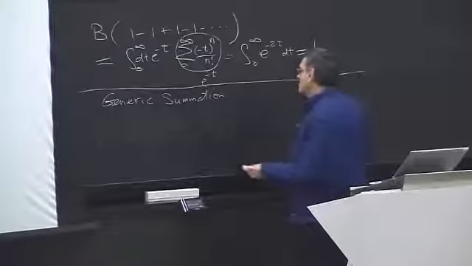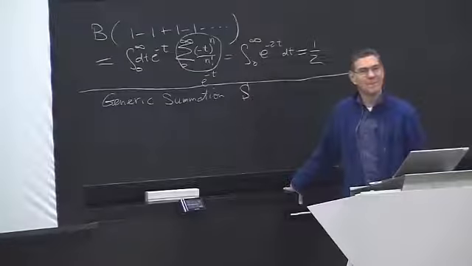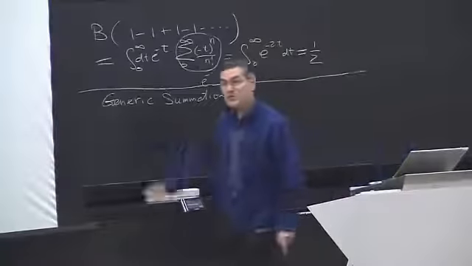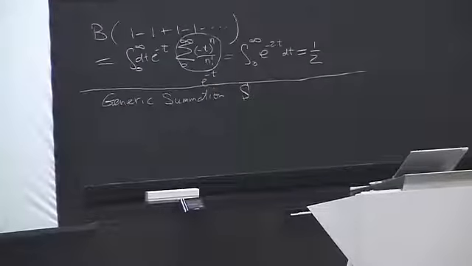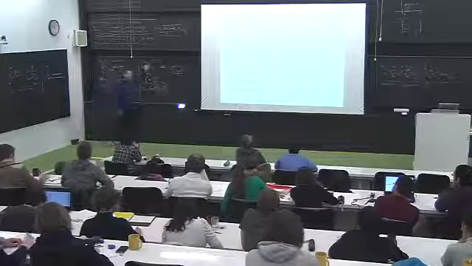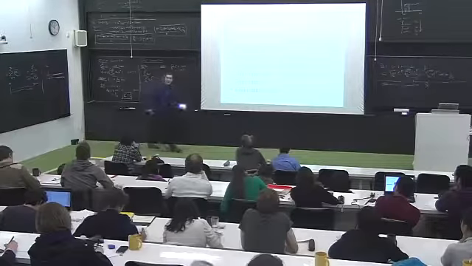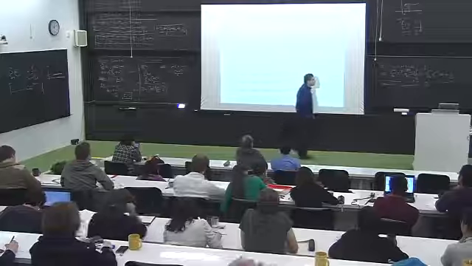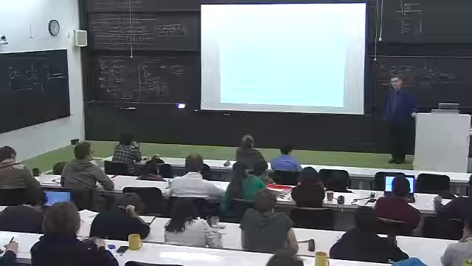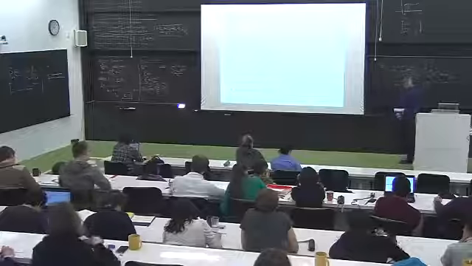And I'm going to give it a name. I'm going to call it S for sum. But I'm not going to tell you how it works. Okay? That is, Mr. Euler was perfectly honest with you, and he said, this is how you do it. This is the recipe. Right? And Mr. Borel said, this is the recipe. But I'm not going to tell you the recipe. I'm going to leave it completely undefined. I'm only going to tell you the properties of this machine. And I'm going to argue that there are only two properties that a summation machine should have. Okay? So property 1,